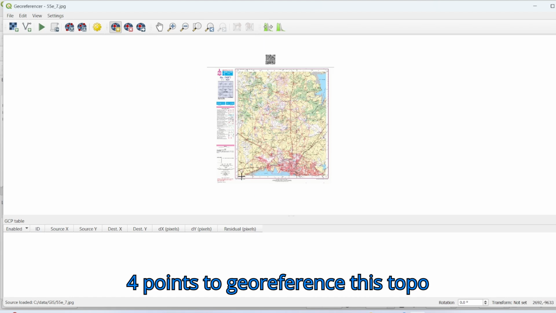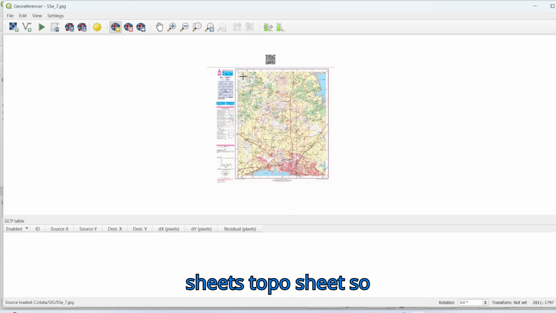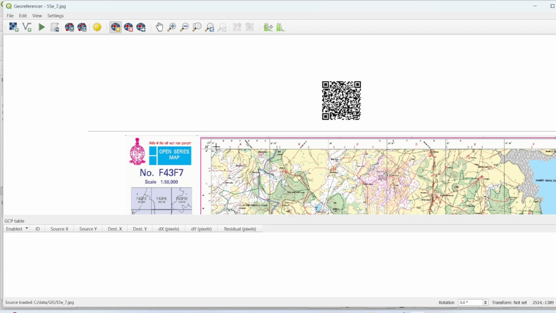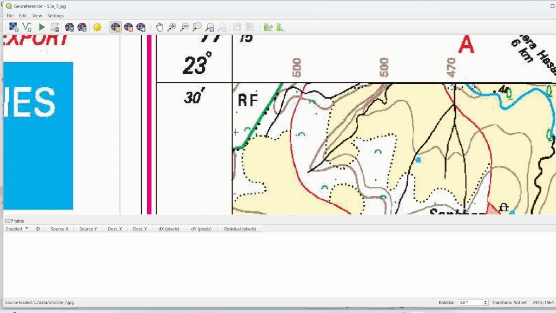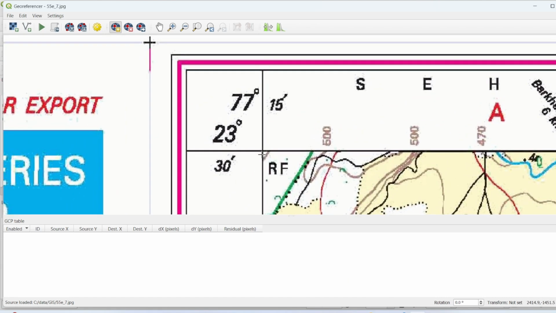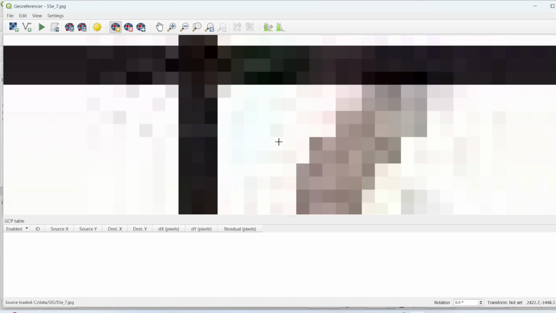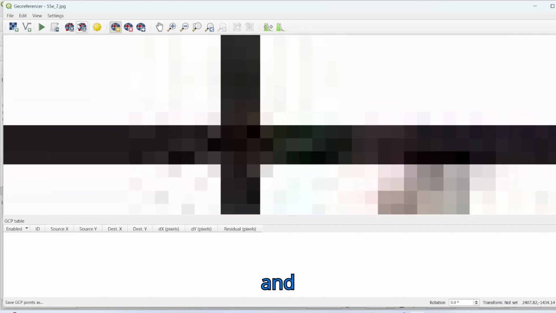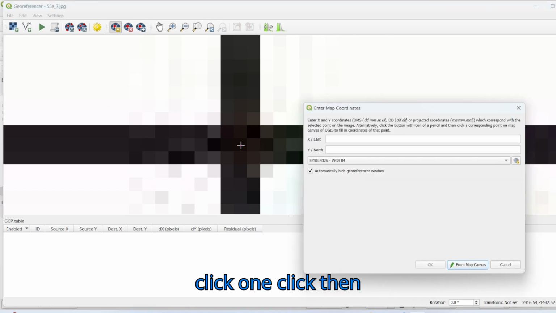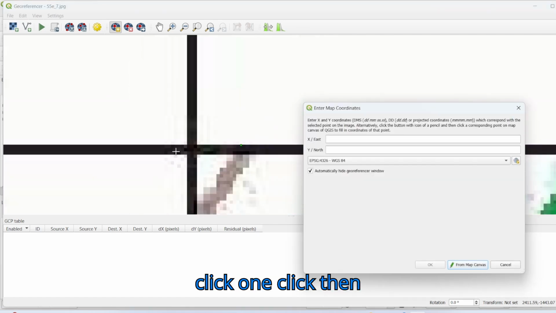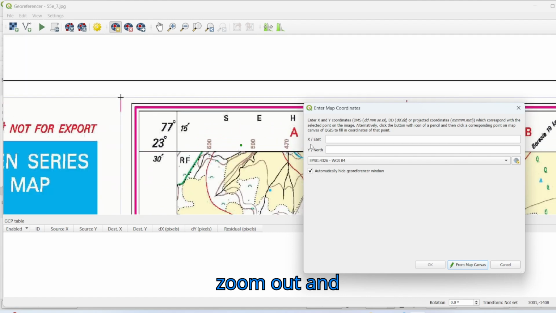We need 4 points to georeference this topo sheet. So just zoom and click, then zoom out and